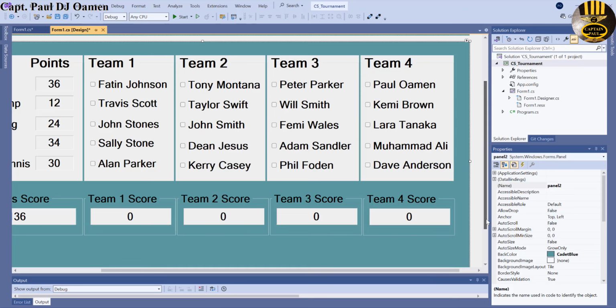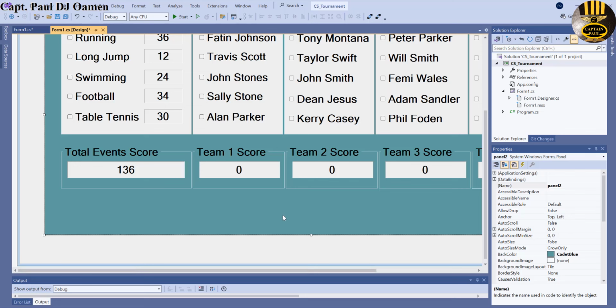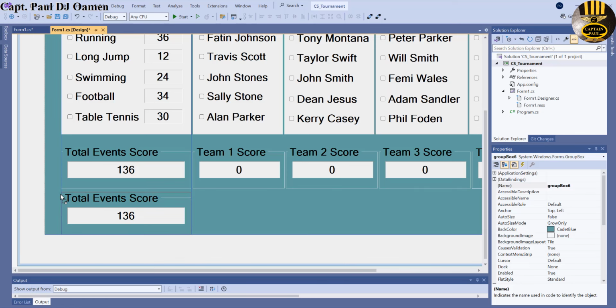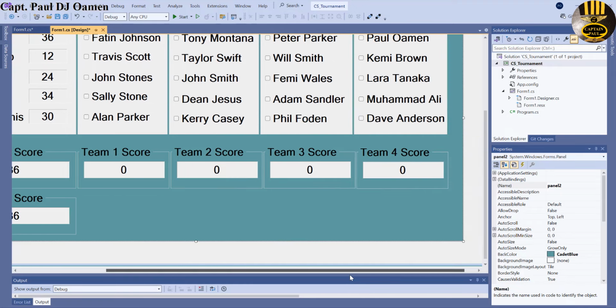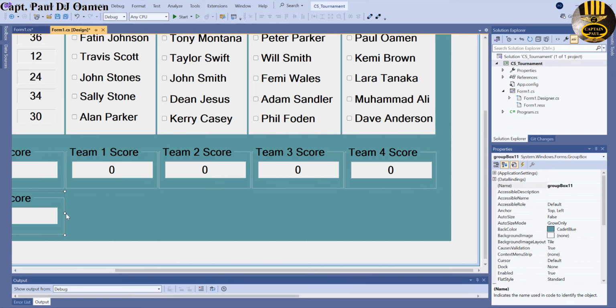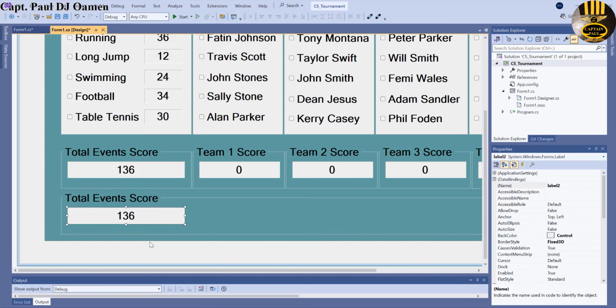Brilliant. So now let's scroll right down, and here I'm just going to grab hold of this and copy it. Dump it right underneath here. I'm going to drag this down a little bit more and just extend this group box. There we go. That's fine. And in here we have